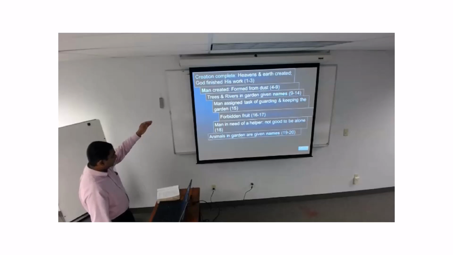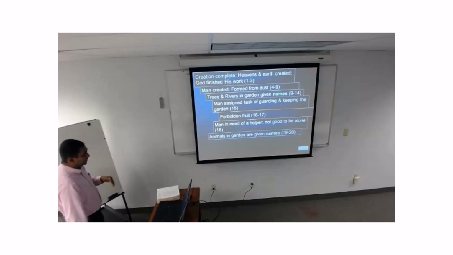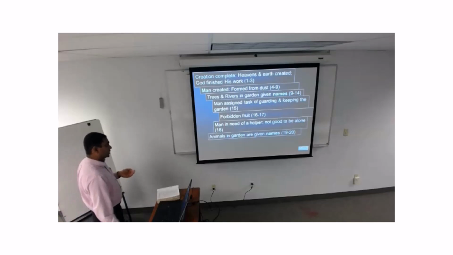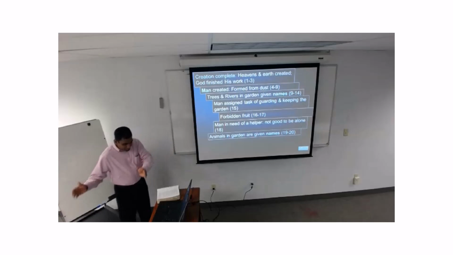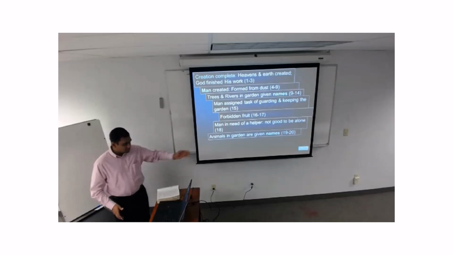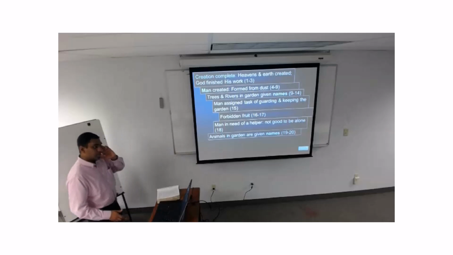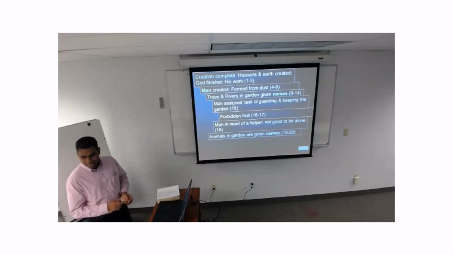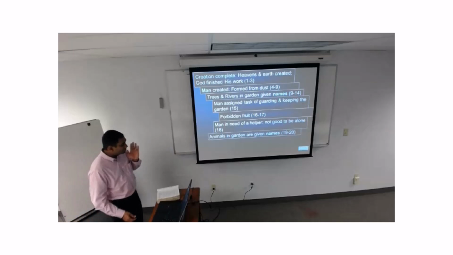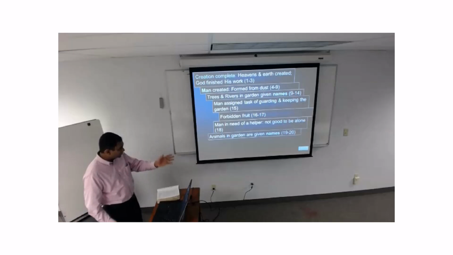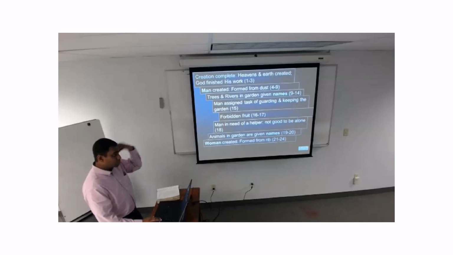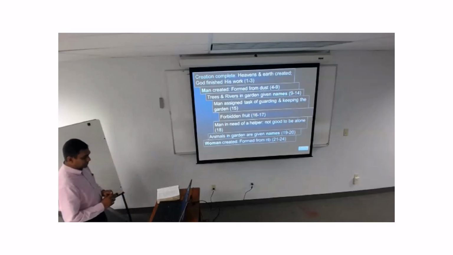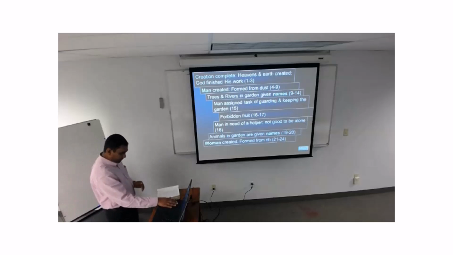And now, while in verses 9 to 14 you have the names of the trees and rivers, in verses 19 and 20 you have the animals in the garden that are given names. So you have all the animals of each kind passing through, and Adam names them. It is a naming ceremony, not just me saying the alphabet A, B, C, D. It's more about understanding what these creatures are as he gives them this name, and his responsibility or rule over them that is demonstrated in this.